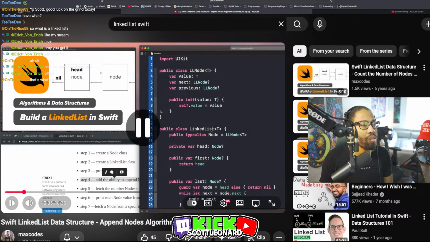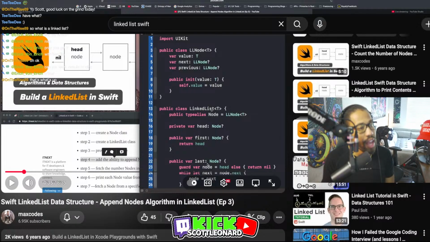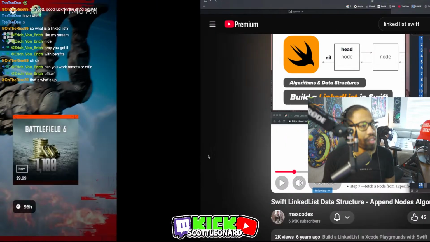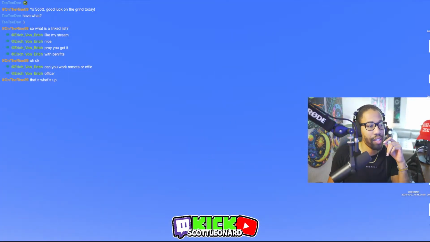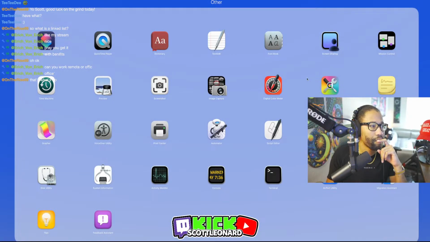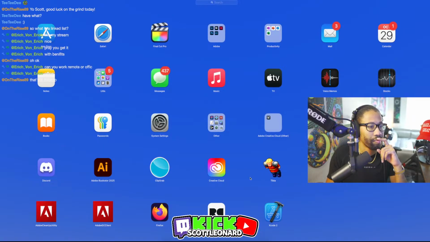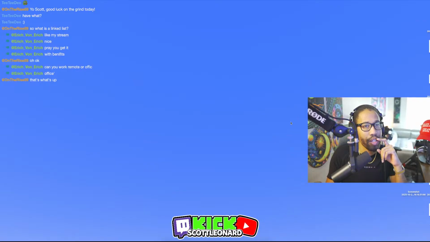I was going to say, using this linked list wrapper class, appending an item to the end of the array is easy, because all he's going to do is call the function last, which returns the last node, then put dot next, and add the new node. Easy. Seeing the structure of this now, it makes perfect sense to me. Yesterday, I was a little bit lost with it. I'm going to pull up what we were doing yesterday again. Now I have a better idea of how this is supposed to look.